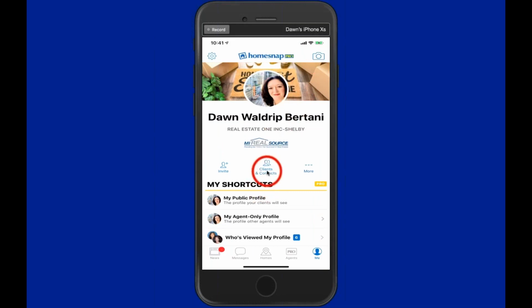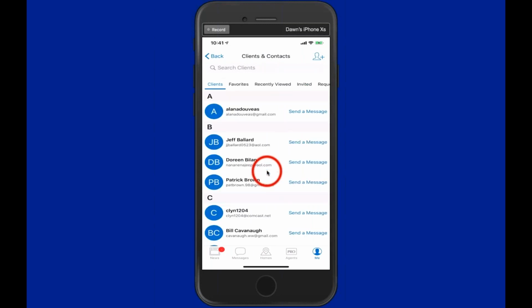Once you have clients and contacts that you have invited to Homesnap, you will be able to manage them from here. This is the list of the clients that you have. You can send them messages. You can view their favorites. Send a message here, view favorites,